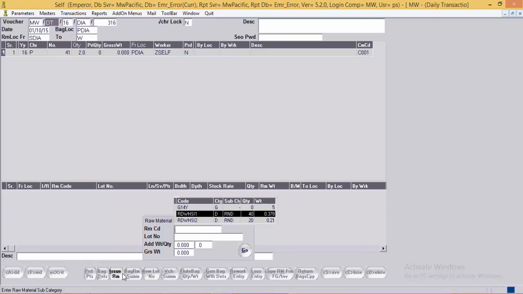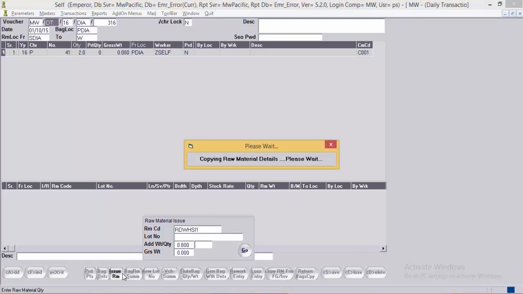As the bag consists of 2 pieces, the user will issue the required diamonds in the bag. For example, he is issuing 80 cents for 2 pieces. He can mention the quantity if required, or else the system will get the quantity by itself by a proportionating logic, and click on the go button.